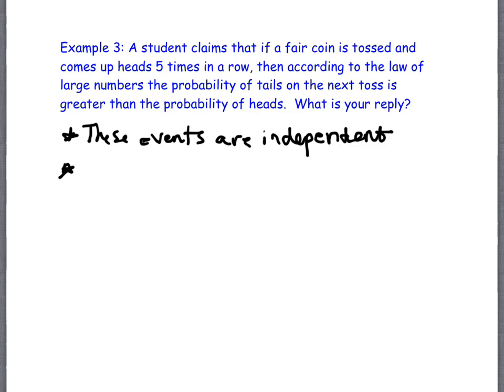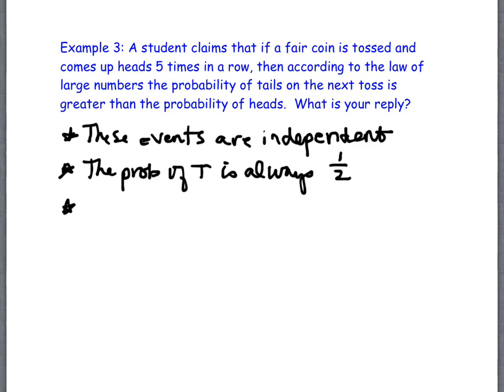There's another issue in their reasoning. Yes, and that has to do with the fact that they're independent. So the probability, I'll write that down, but that's related to the first idea, Abby. The probability of, what was it, heads? Tails. The probability of tails is always 1/2. It's a 50-50 chance. There's something else here that should be bothersome to you.